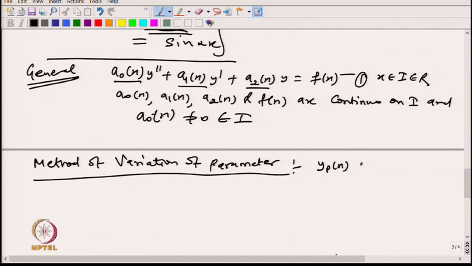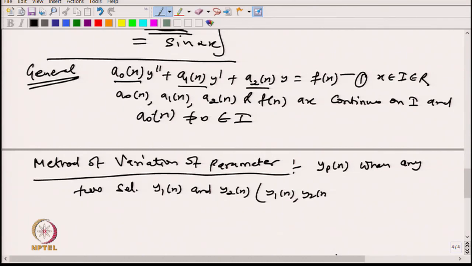This is when any two solutions y1(x) and y2(x), which are linearly independent,